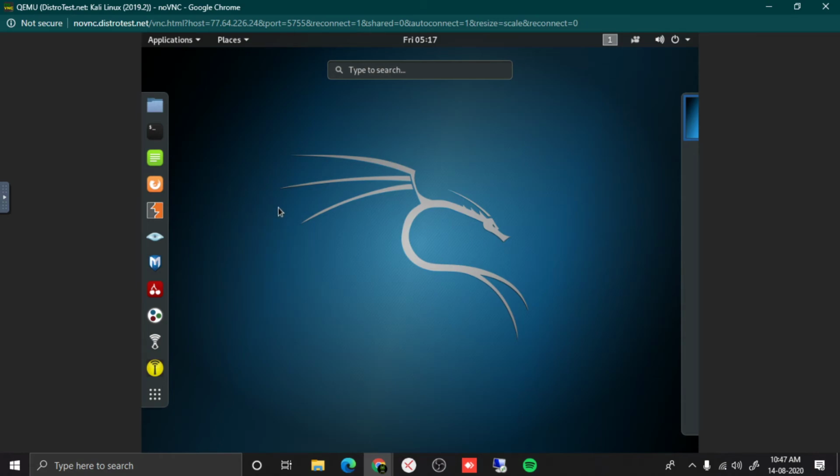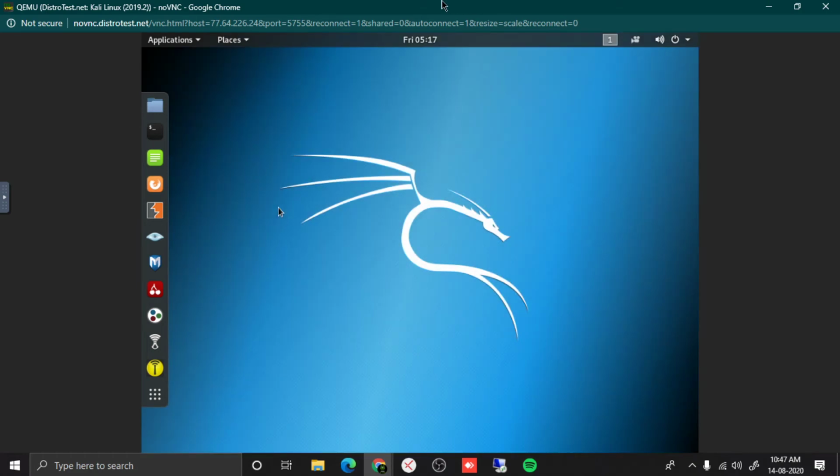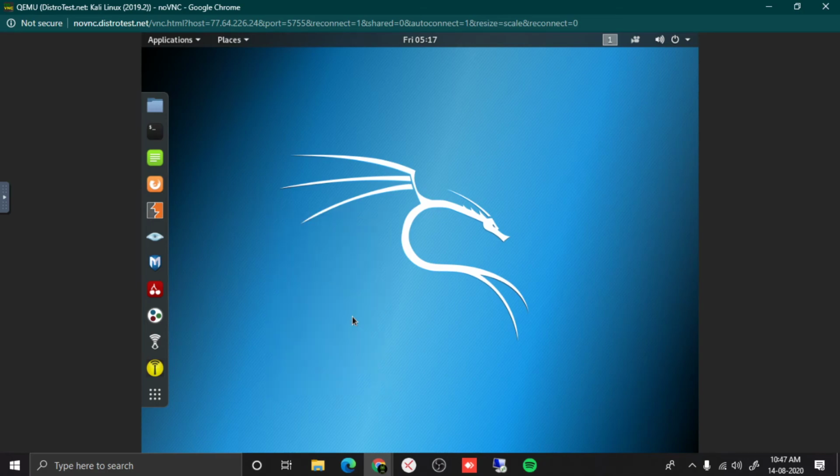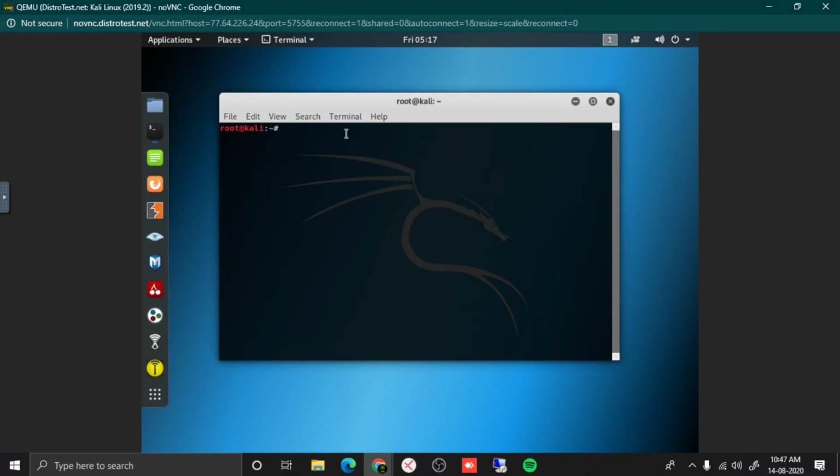I will open up the terminal. The only disadvantage of using it on a VNC server is that it is a little bit slower, because it may be running on HDD storage or the number of users may be very large, but it is okay. You can use it and learn it. Here we can type everything.